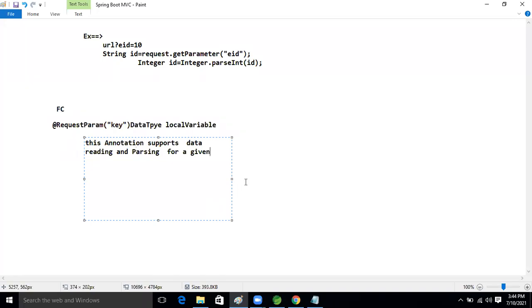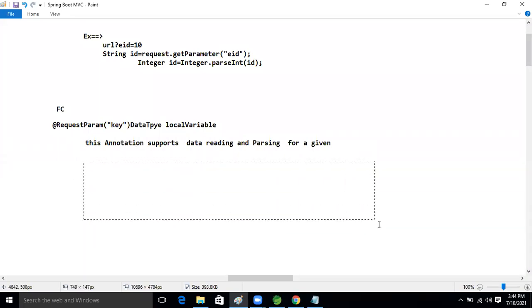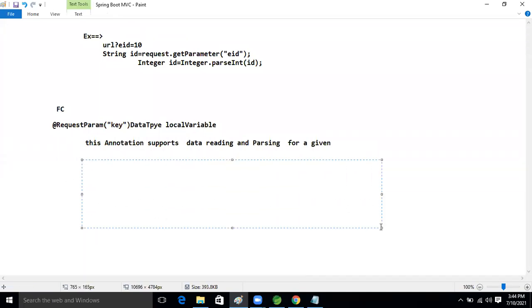Whatever data we give, for that data it will parse it by default, no need to parse explicitly, by default it will parse it.